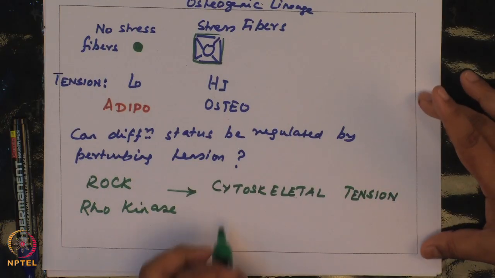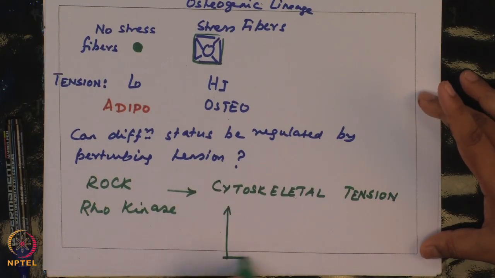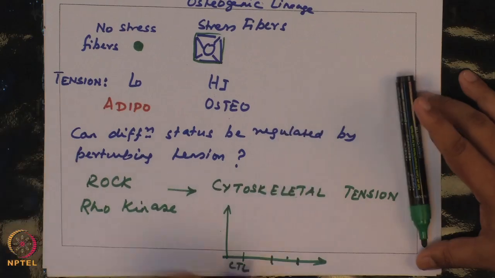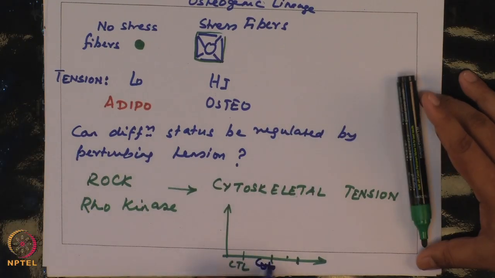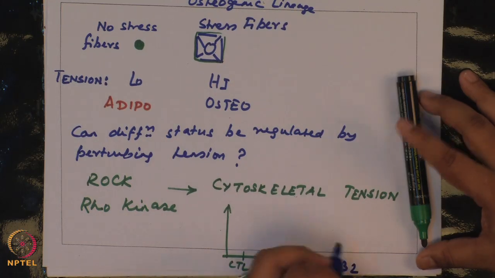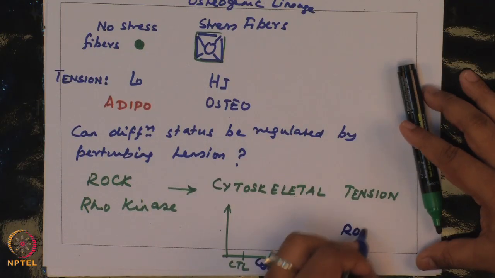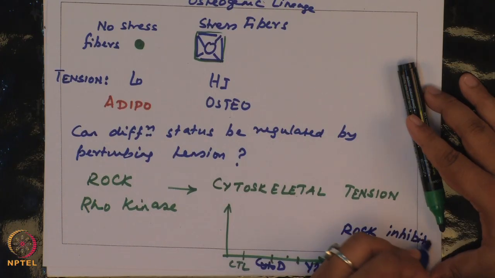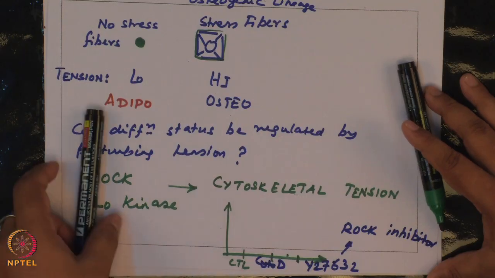What they found, compared to control, is that if they added two drugs, cyto D or Y27632, where Y27632 is a ROCK inhibitor and cyto D is an actin depolymerizing agent,